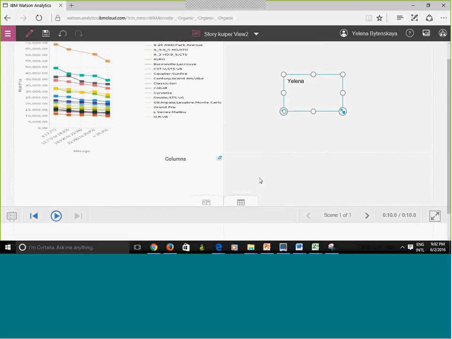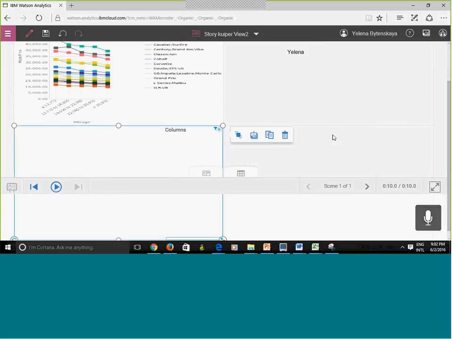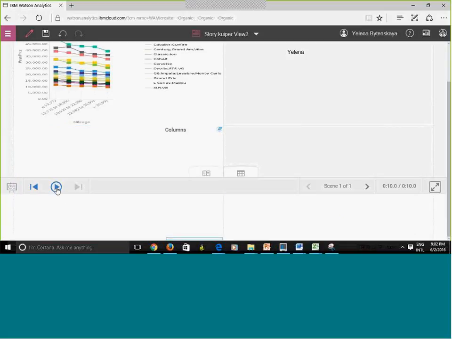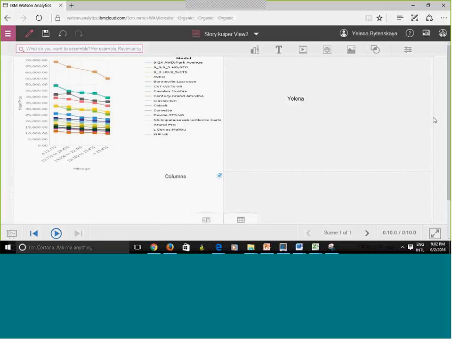I have three visualizations at the moment, and when I start playing, I don't see these two. So here's my time. This one appeared and then this one. That's basically what it is. This is a story. It's an animation, and if you go to the edit mode, you can add components to it. And make sure to save it.